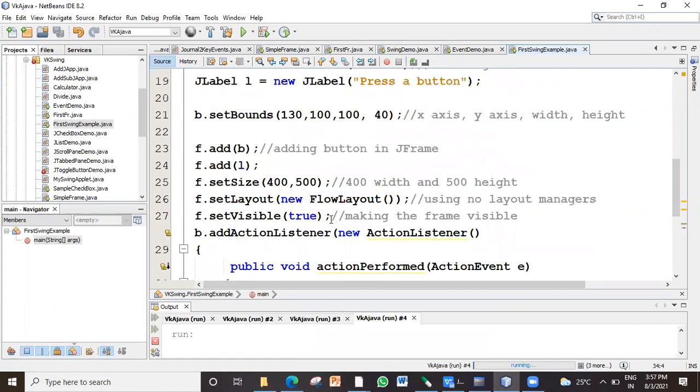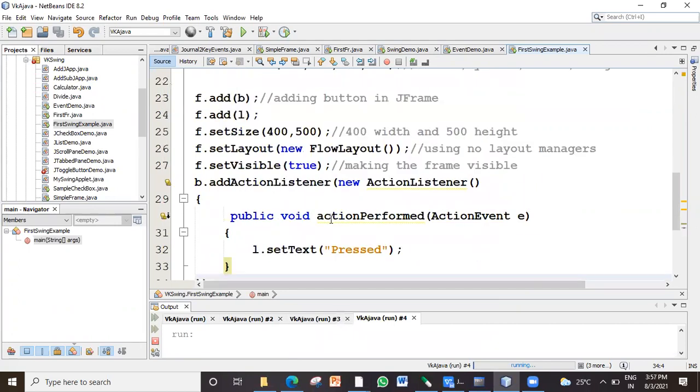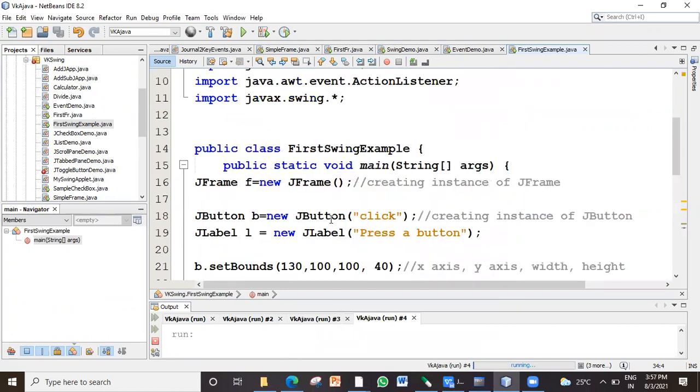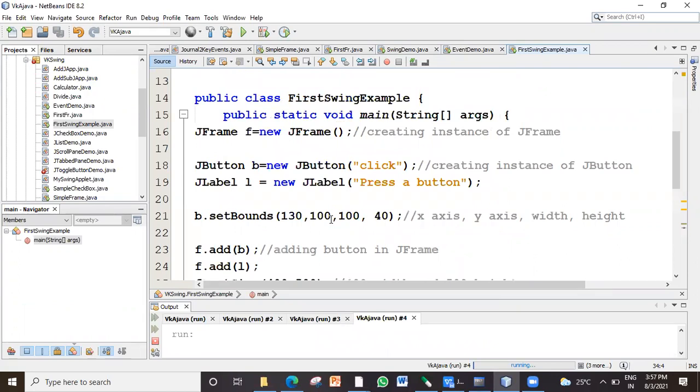But this is the programming example of how we inserted a label and a button on a frame. Similarly, we can add a text field and then frame some programs. So by the time we meet next, that is tomorrow, you can try one simple program, a login program.